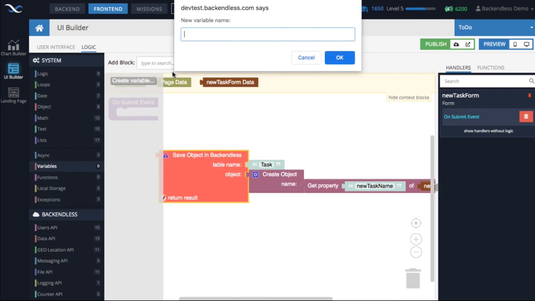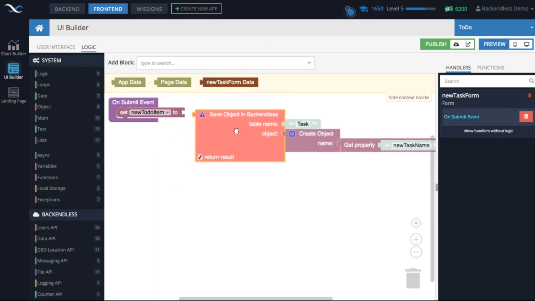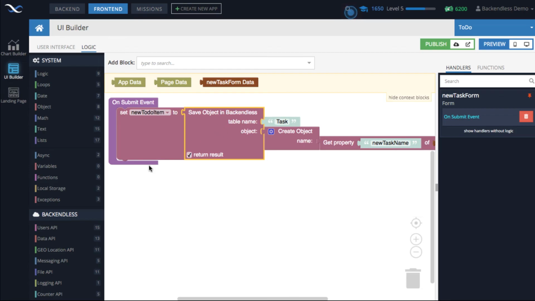I will create a variable. Let's call it new to-do item. We'll set the value of new to-do item to the result of this operation.